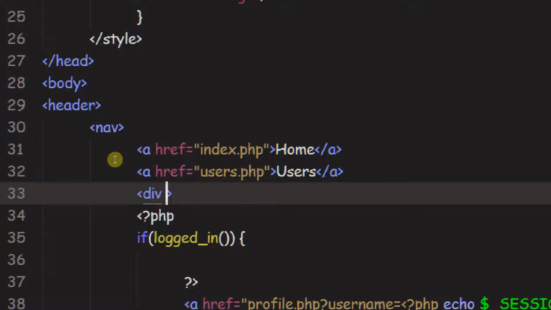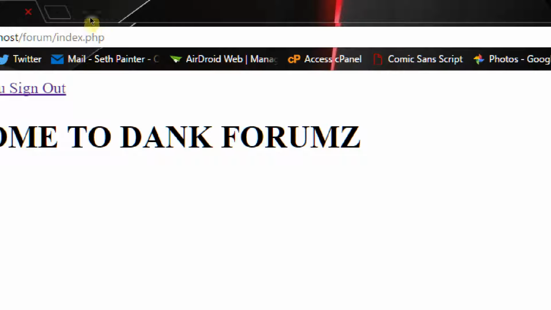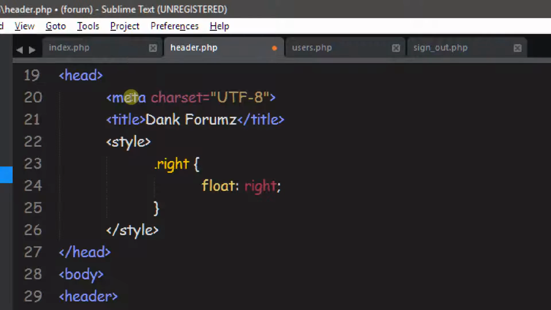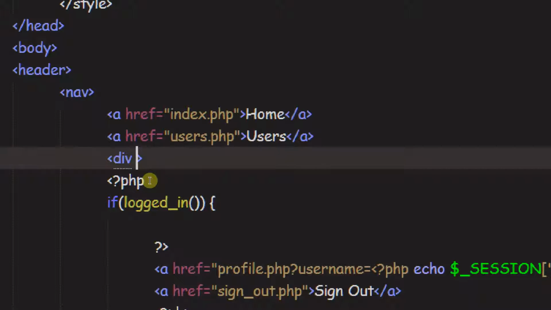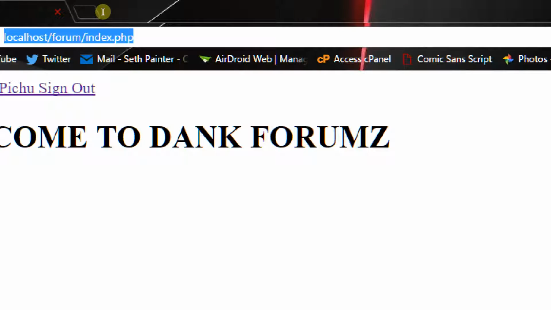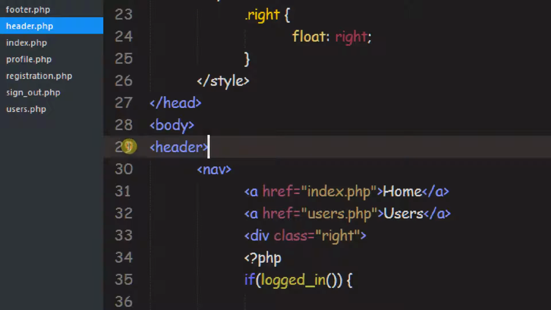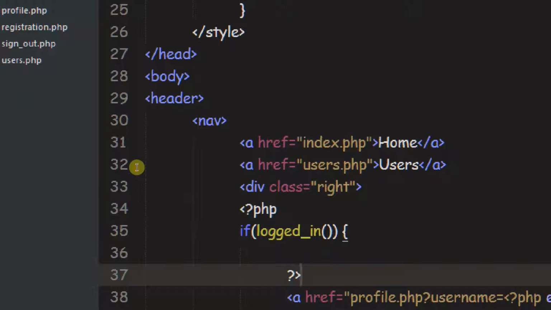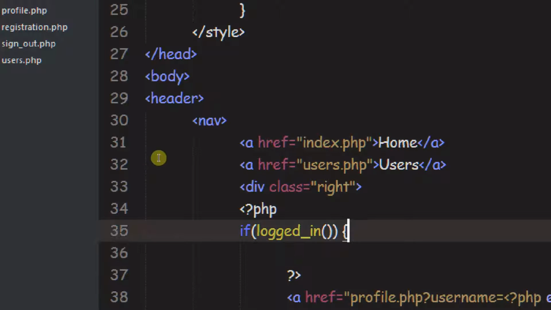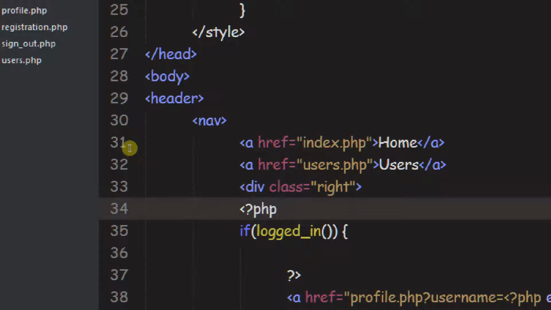So we'll do div, and we need to give it a class so it can stay to the right. We already made one a long time ago. It was called right, so we're going to go class equals right. If we save that and refresh, we can see that, boom, this junk gets popped over to the right, which is fantastic. Now the one thing I want to do is add a way for you to see your profile picture